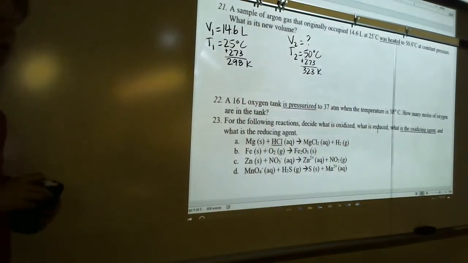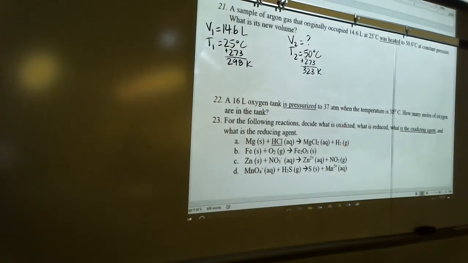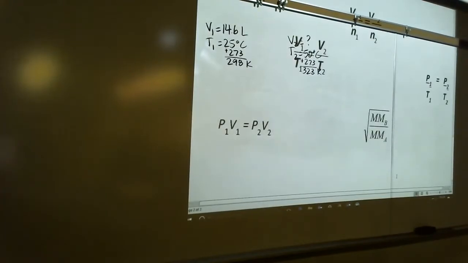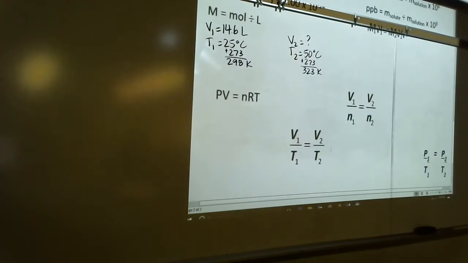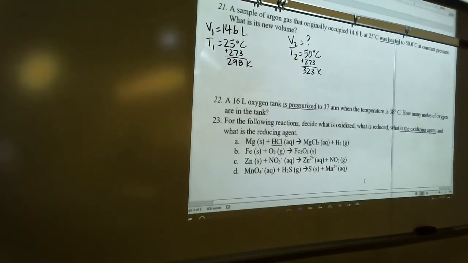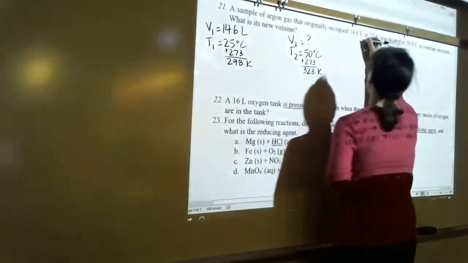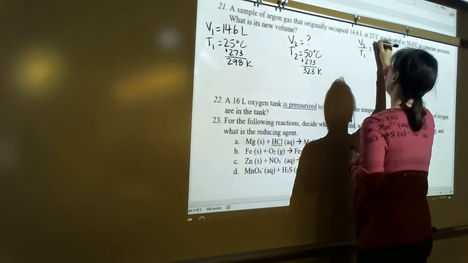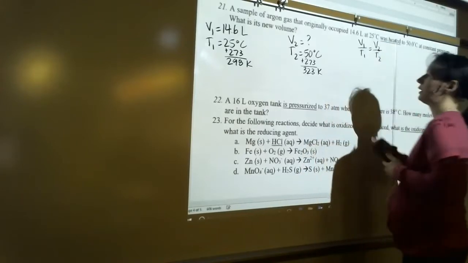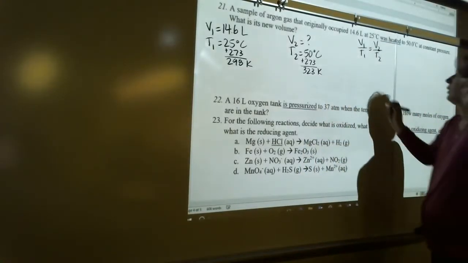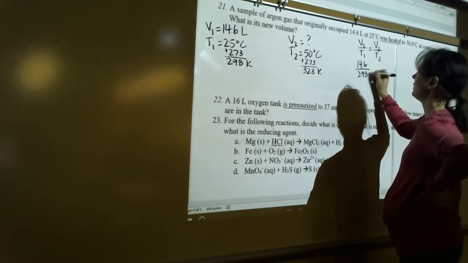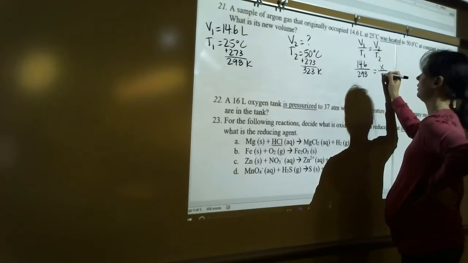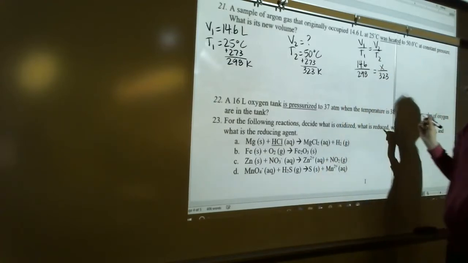Now we look at our reference page. We've got V's and T's. There we go, right there in the middle. V1 over T1 equals V2 over T2. Okay, so let's just plug in our numbers. So 14.6 over 298 is equal to x over 323. So if you want to cross multiply,